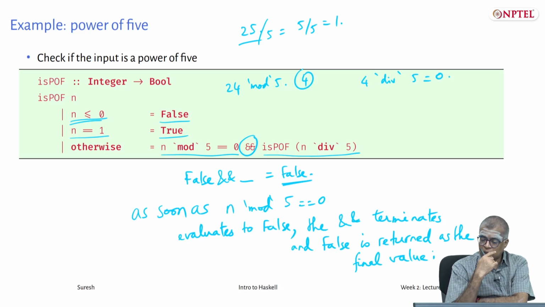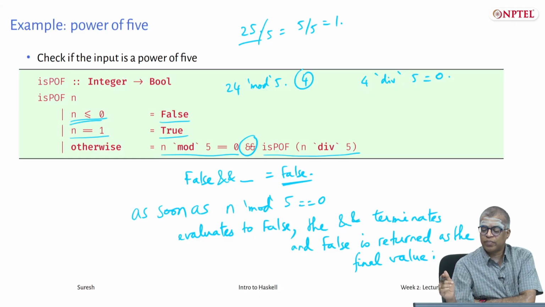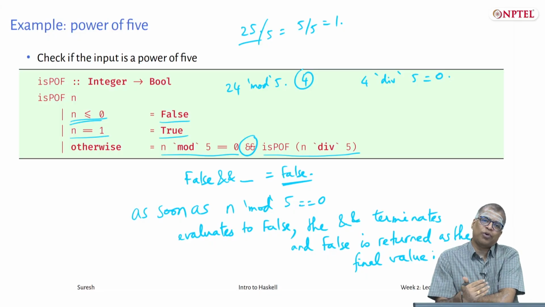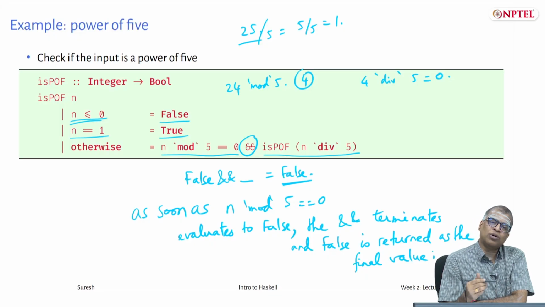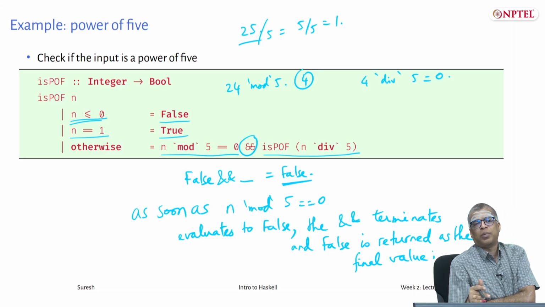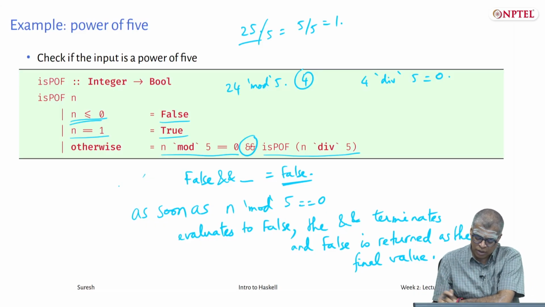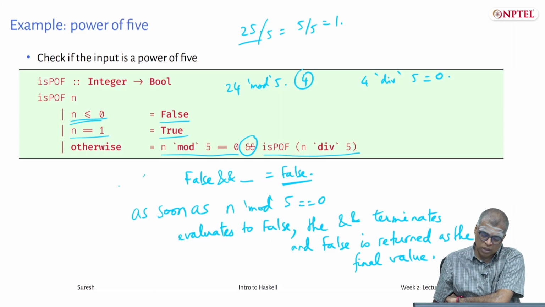Yeah, so this is something that is worth remembering. So this is a function that checks whether a given input is a power of 5. We can also do this. So, we are starting from n and counting down. We could also start below and count up, even though that is more inefficient, because if n is not even a multiple of 5, you will catch it immediately as you count down. But you can also go from below to reach n. How would you do that? That is another way of doing it.